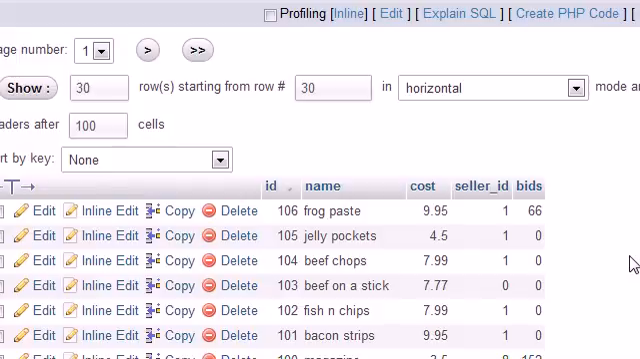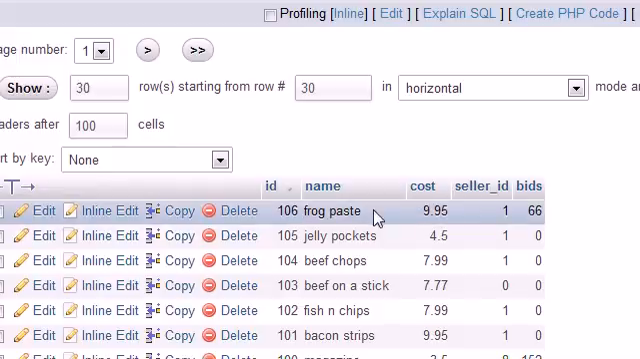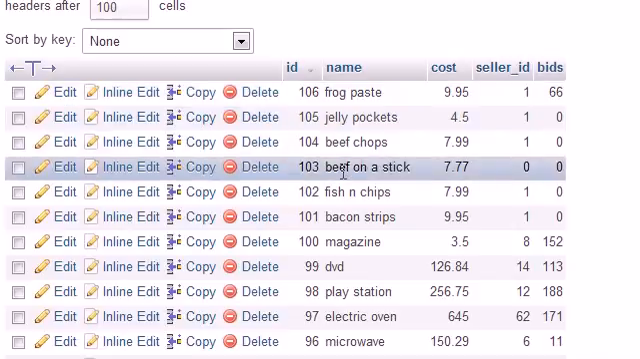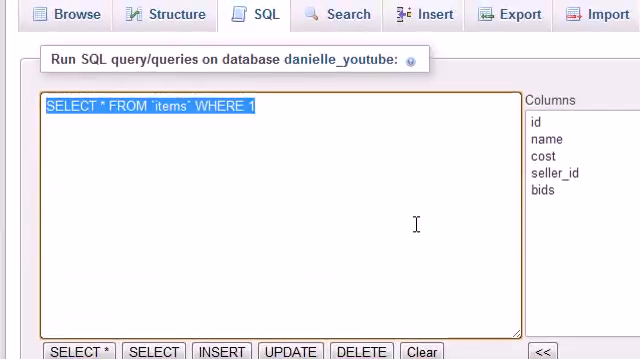So now I want to teach you guys about delete. And you guys are thinking, okay, next tutorial, but I'm not going to wait for the next tutorial because delete is how to delete rows of items. For example, if we no longer want to sell this frog paste or we no longer want this beef on a stick on the website, I'm going to show you guys how to delete this. And the reason I'm not waiting for another tutorial is because this is the easiest thing I have ever taught anyone in my life. So in order to delete rows, just go ahead and hit delete from